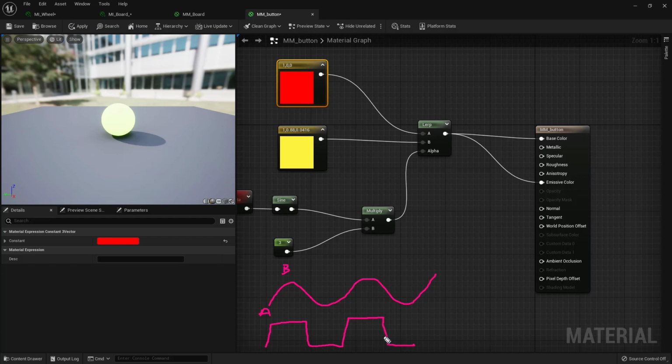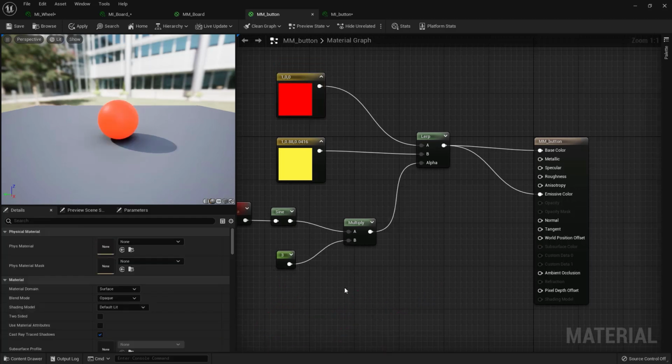So what if we would like to kill this smooth transition from A to B and go fully stepped mode? We call this stepped as opposed to spline. There's one node that can help us to eliminate that really smooth transition and go fully stepped with my changing colors, and that node is a material function. A material function is like a bundle that keeps all the nodes in it. We can create our own material functions, but this one is ready to go for us, and it's called value